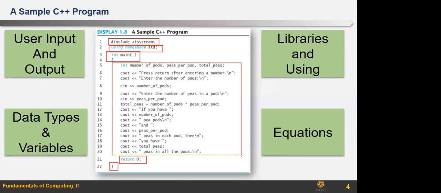There are two kinds of libraries. You have what is called a user-defined library, and iostream is a standard library.